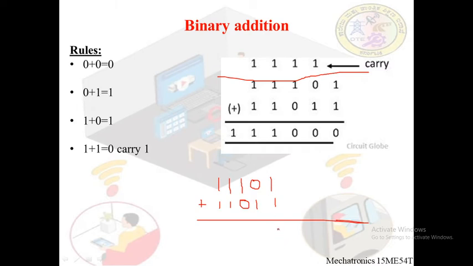1 plus 1 is 0, carry 1, carry 1 goes to the next place. Again 1 plus 1 is 0, carry is 1. Again 1 plus 1 is 0. Again it added with the 0 will not change its value. 1 plus 1 is 0, carry 1. Now there are 3 ones. Now what to do? Again same logic. 1 plus 1 is 0, carry 1 of course.